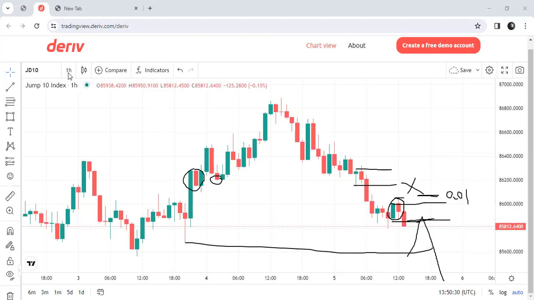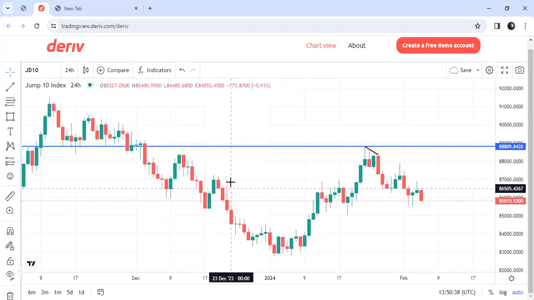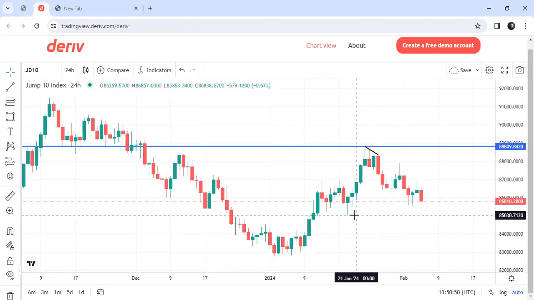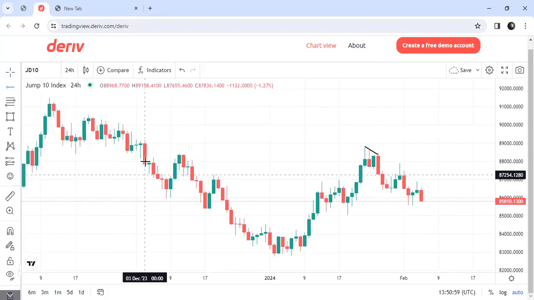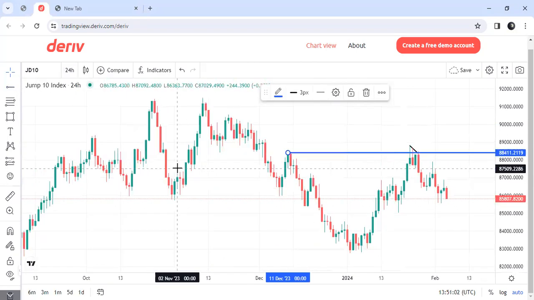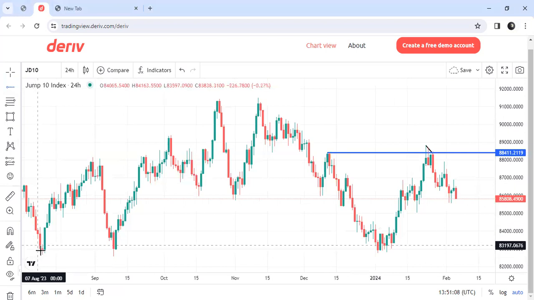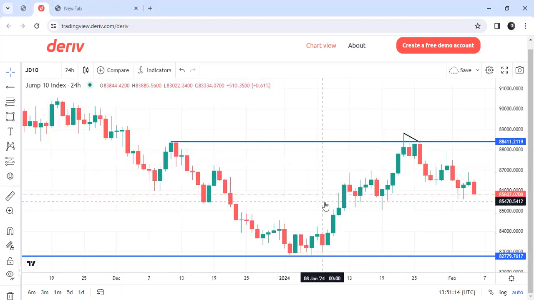I want us to go back to the daily time frame. I'll just zoom out. Okay, even if I put it here. What are we doing this for? We're doing it so that we can see the whole screen. I'm on the daily time frame right now. So I'll move through the time frames going down until 1 hour. Let's start here, remove this one. I want you to see that when you use a higher time frame you see everything. If you use a smaller time frame, you can't see anything.